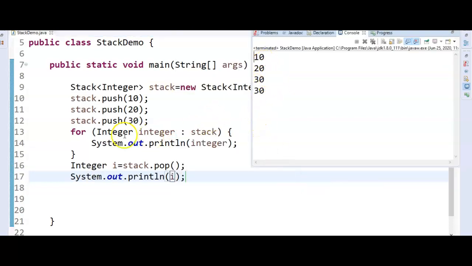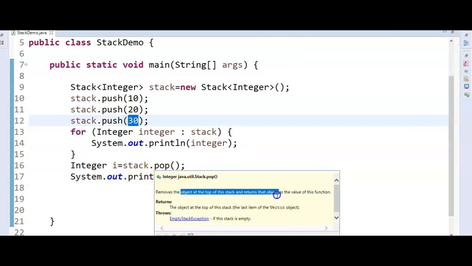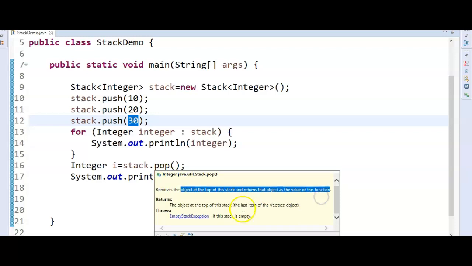What is the topmost element? As I told you, push will insert the element at the top. So after inserting 10, we have inserted 20 and then 30. So when we say pop, we are removing the value 30 from the topmost. So pop will remove the element which is present at the top of the stack and returns that object as the value of this function.